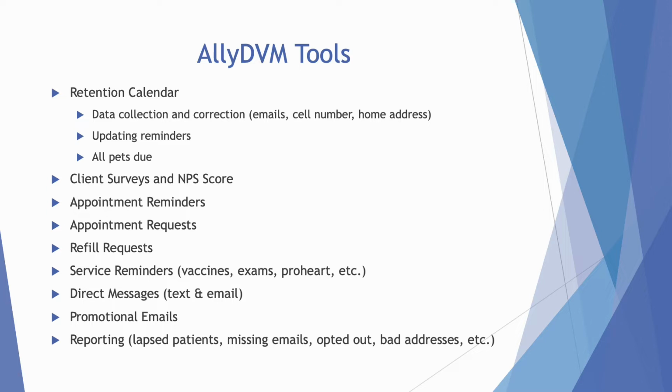So if we don't have the correct email or the cell number or the home address, our reminder system really doesn't do any good. So that's, again, the importance of that retention calendar. Something else that I have found to be super helpful is the direct message via text and email tool. That's something that I know I've got some clinics that use quite frequently and some that don't use it at all. In this day and age, texting is becoming more and more the accepted method of communication, and it provides us a way to send out communications to our clients via text, which we've proven is typically responded to